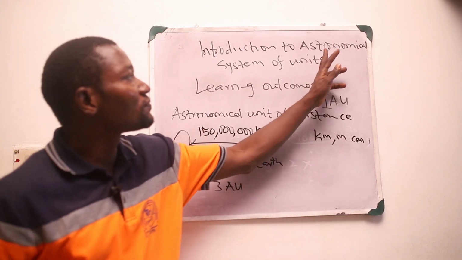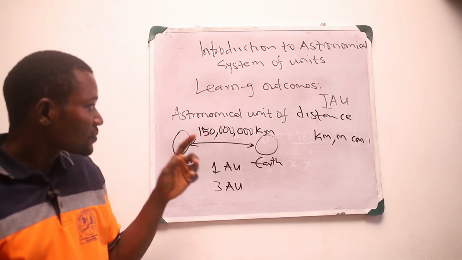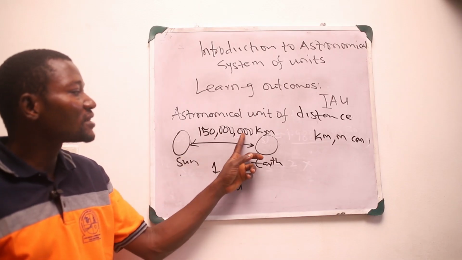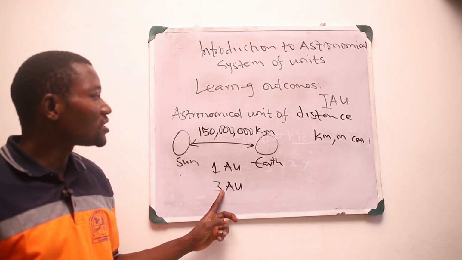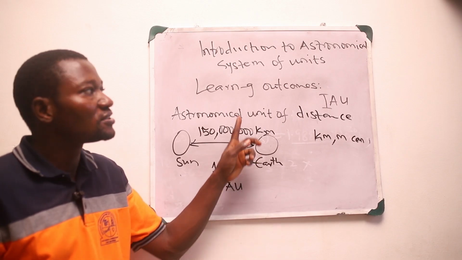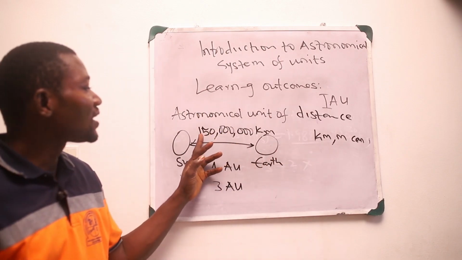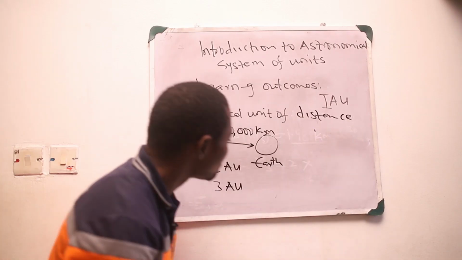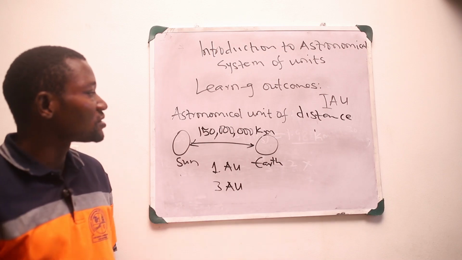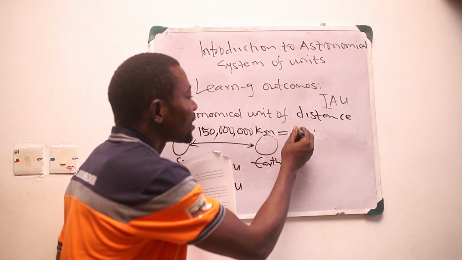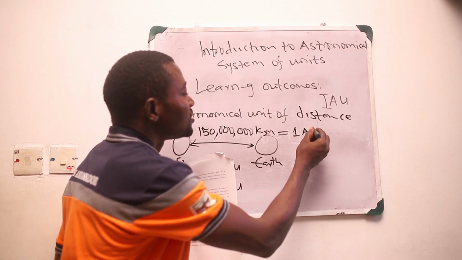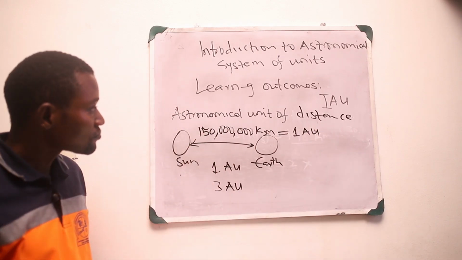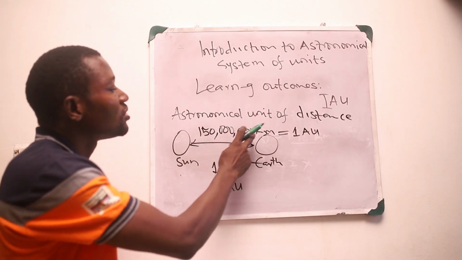So the essence of the astronomical unit is to see how we have a better representation of the 3 fundamental quantities in space due to the vast distance. And besides using the astronomical unit, which one astronomical unit is equal to 15 million kilometers,